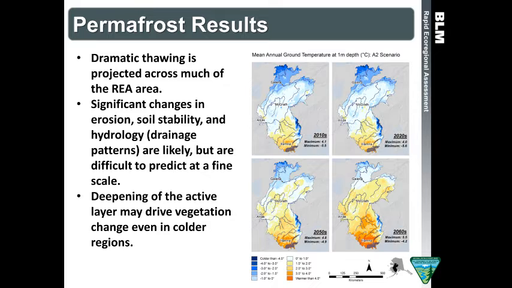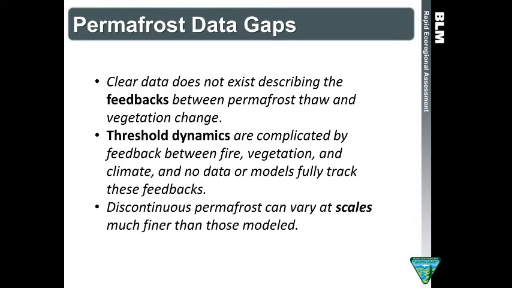And the hydrologic change is likely to be of particular note in areas that are undergoing this shift from continuous to discontinuous permafrost, or from discontinuous to essentially no permafrost. So as I said before, this might be a more important story in terms of hydrology and how much water availability there is and where the water lies in the landscape. It might be a more important story than what you see coming out of precipitation change. There are, of course, data gaps in this story.